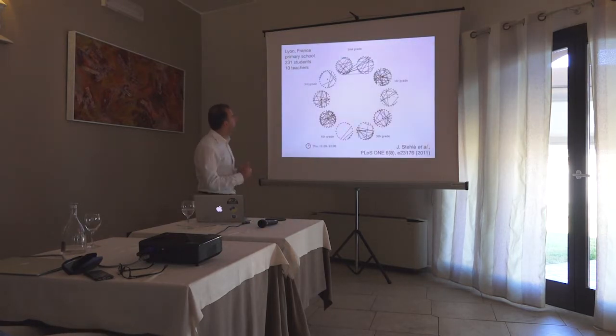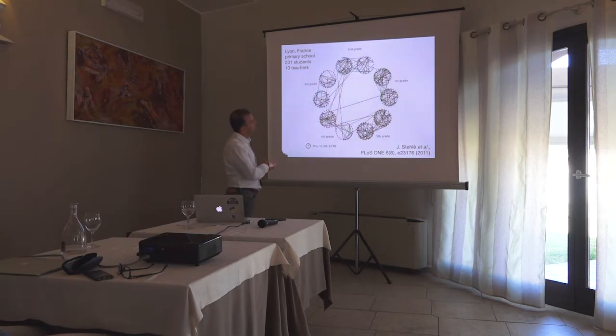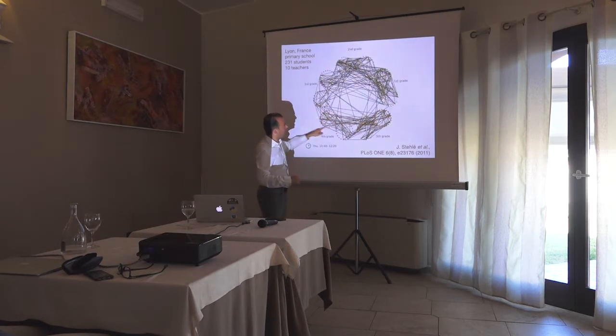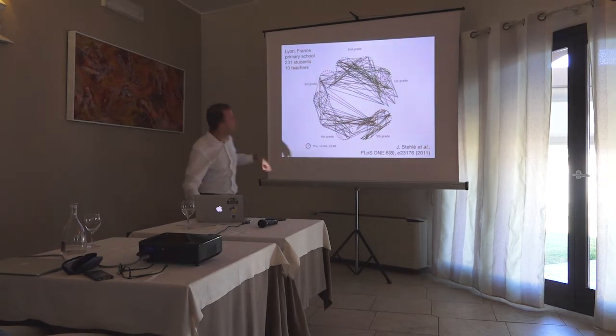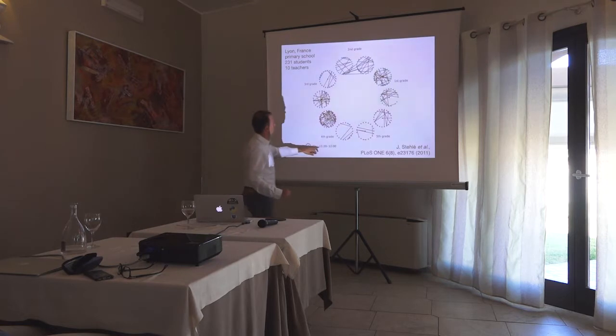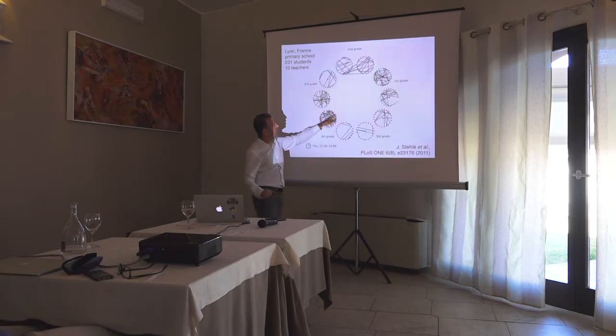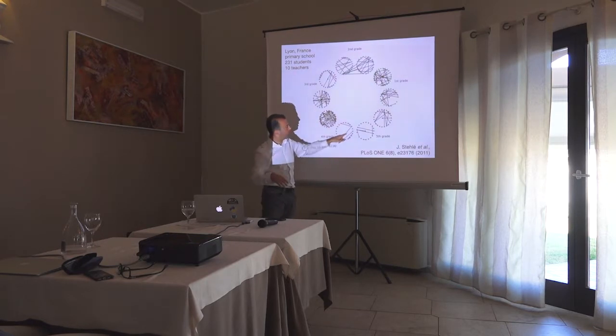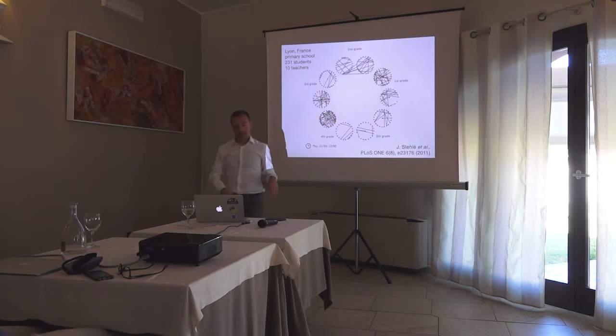And this is how the data look. This is a school with 10 classes, 5 grades. What you have here is that each circle is a class of the school, the dot at the center is the teacher. And you see that when this data collection starts, it's in the middle of the morning, classes are running. You see in some classes they have more social activities, lots of contacts. In other classes, probably this is a situation such as this. So you have few pairwise contacts, maybe of children chatting or nearby each other, but overall there is not much activity. And then, as time progresses, what happens